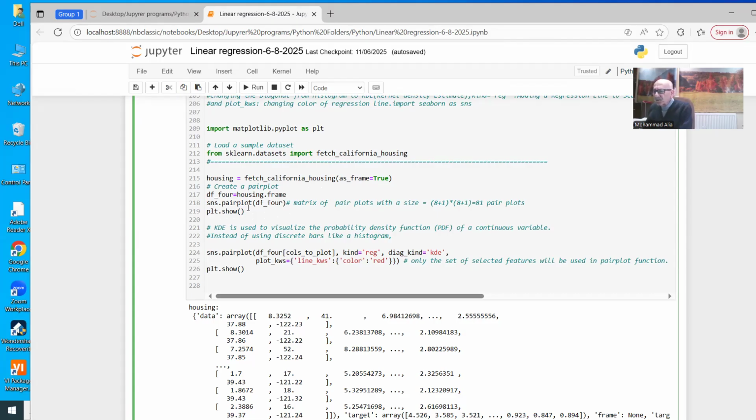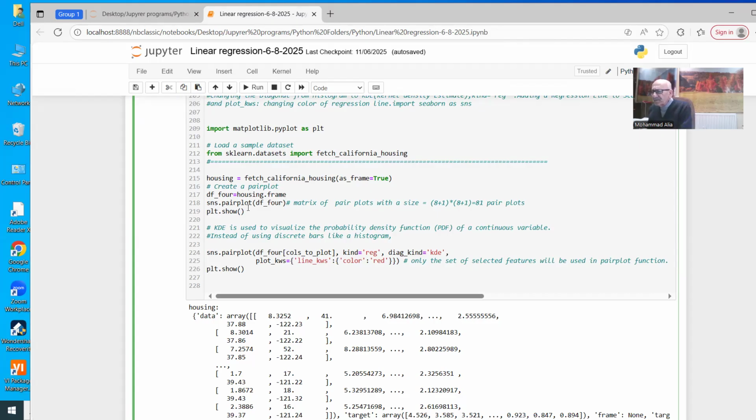So if we have two features, we shall have 4 plots, 2 by 2. If we have 5 features, we shall have 25 plots. In our case, we have 8 features and we have 1 target. So the total is 9. So we shall have 81 plots,